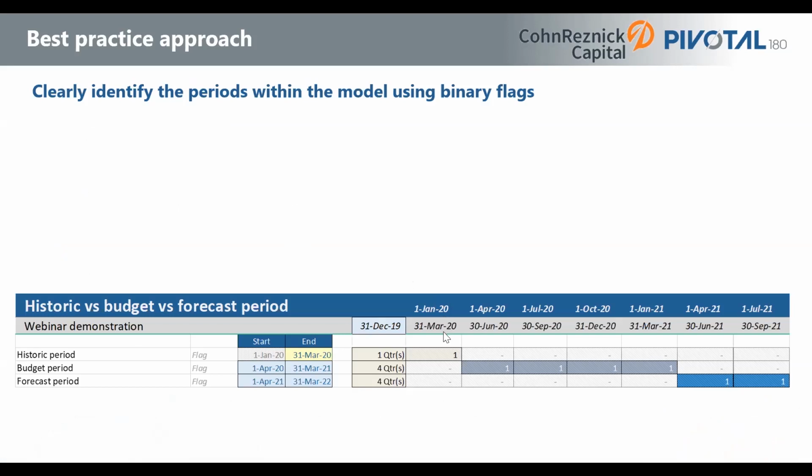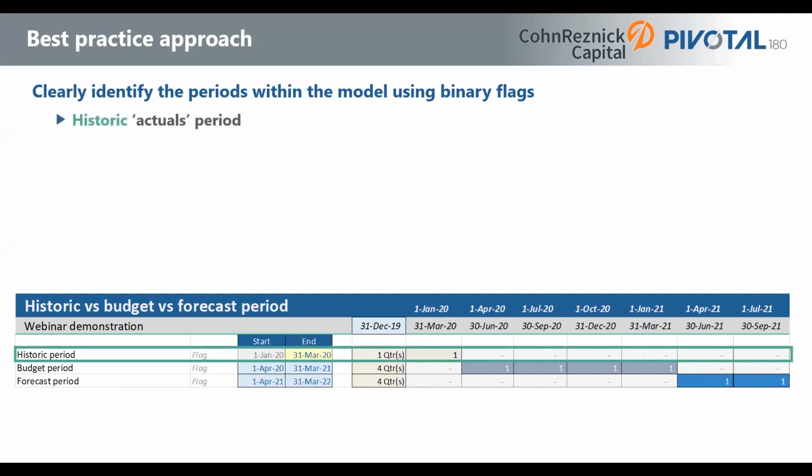Each period of this model is quarterly. So from January to March, April to June, July to September. And we've got 3 different periods: historic, budget, and forecast period. The historic period is often called the actuals period. That's terminology that's used at least in the modeling community, but it's all the stuff that's in the